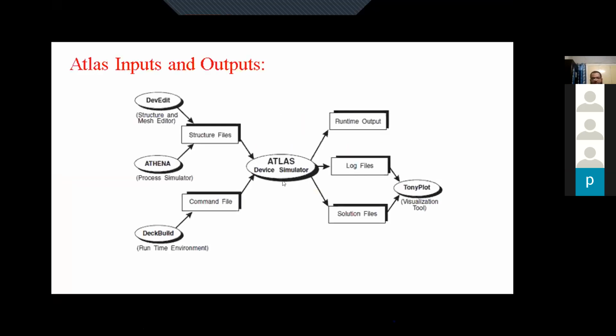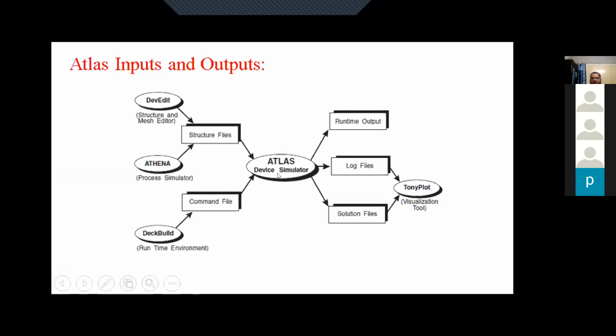So this is what I was talking about. Atlas is a device simulator which is at the core of all the other software or structure editors. You need to have a structure created corresponding to the device that you want to simulate, and that structure is then run in this device simulator.